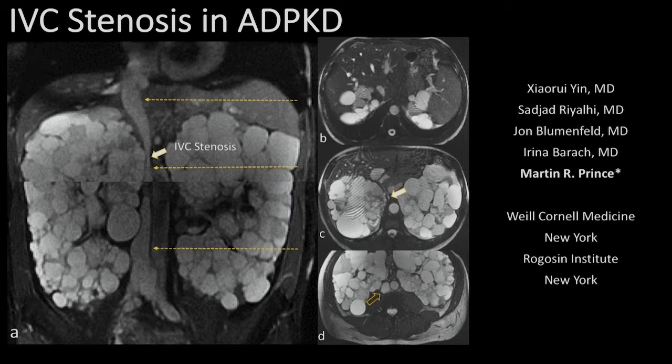Okay, this also is a fellow, Dr. Yin, who unfortunately came to the U.S. on a passport that does not allow for European visas. So